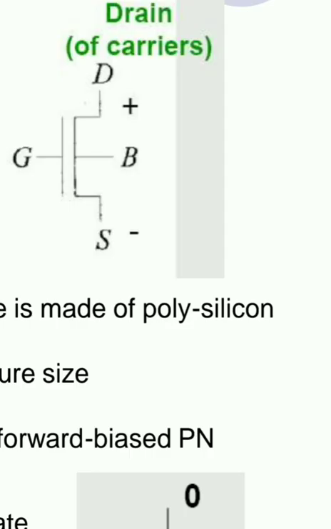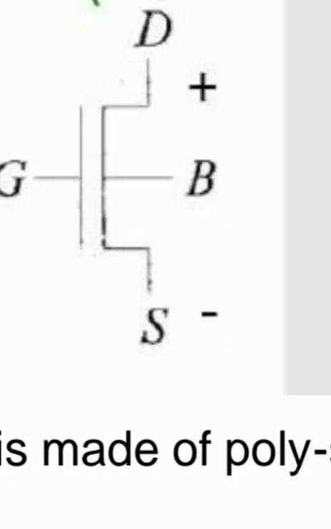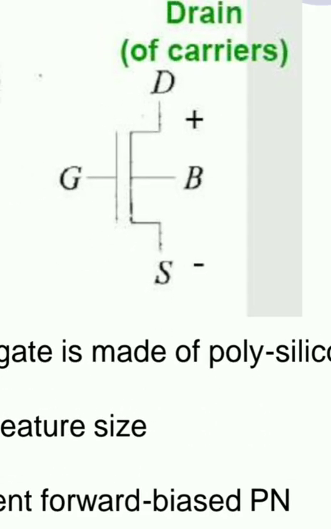The symbol, only this symbol. You can keep any if they are asking for MOSFET as a switch. You are not supposed to take depletion, enhancement, N channel, P channel specifically. You can take any. If you are taking N channel, what you are supposed to do? You are supposed to give input voltage between gate and source.